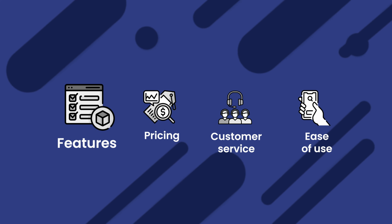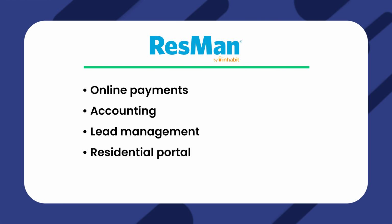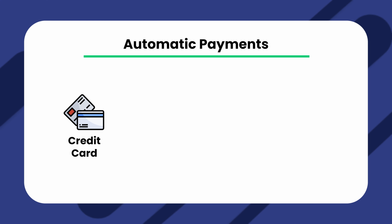Starting with the features of these two softwares. Resman's features include online payments, accounting, lead management, a residential portal, and CRM solutions. DoorLoop's features include a full accounting suite that can also sync with QuickBooks and run custom reports, automatic payments with many payment options, including credit card, ACH, Cash App, and Chime, a tenant portal to centralize communications and send reminders,